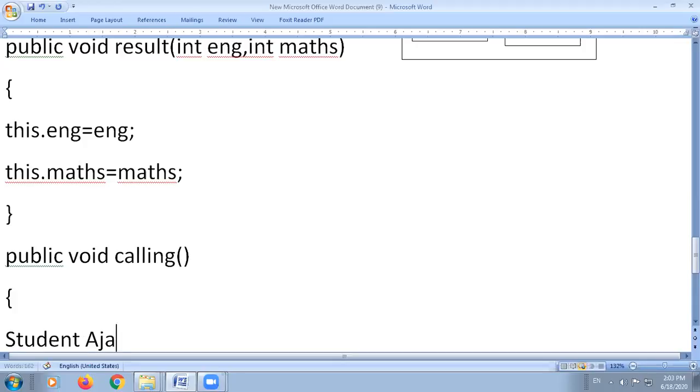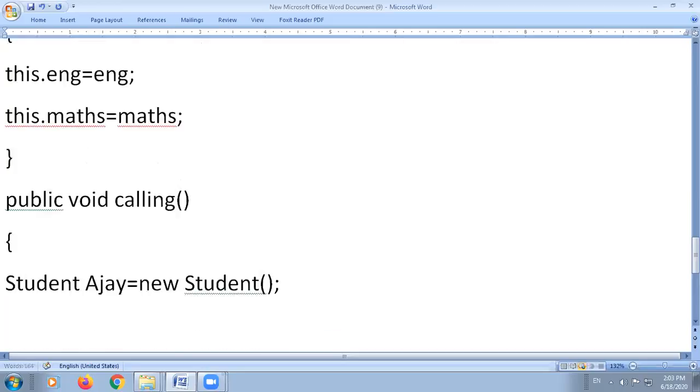Then suppose what is the first object you have created? Ajay equals to new. Then again you will write the class name and the default constructor. Second object you have created for the class is Renu equals to new keyword, and again you will write the default constructor.